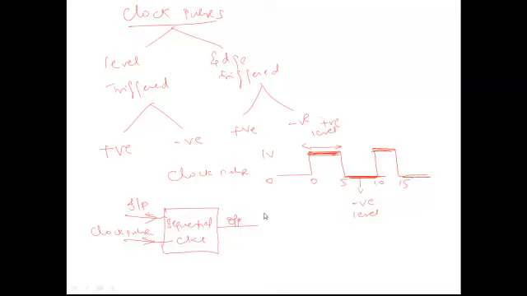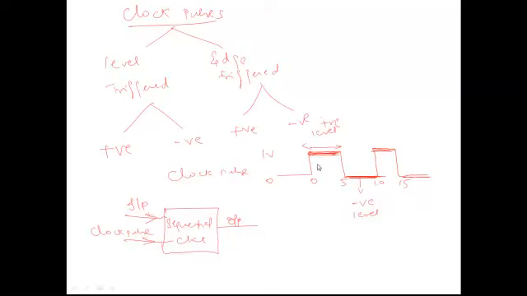Now coming to edge triggering. The disadvantage of level triggering is that if you are having very lengthy pulses, then the input is changing very fast, you will always have changes in the output, there will be no stable output at all. So you should ensure that you are having a minimum width for the triggering. For clock pulses, you cannot have 0 to 5 seconds, you will have only nanoseconds triggering. Otherwise, what you can do is go for edge triggering.